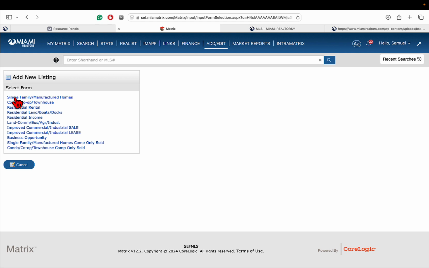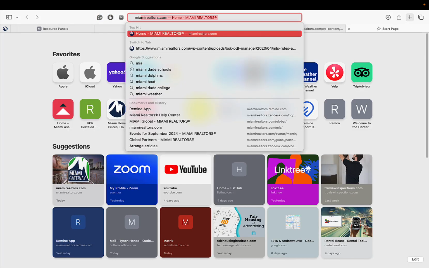All right, perfect. Now, you're going to be able to select any of these options with exception to the two options that you see here on the screen, but I want to make sure I cover what these are in the MLS. Whenever you represent a buyer from either a for sale by owner or directly from the developer, you have the ability to contact us so that we can record that sale in the MLS. For more information regarding this, all you have to do is go to